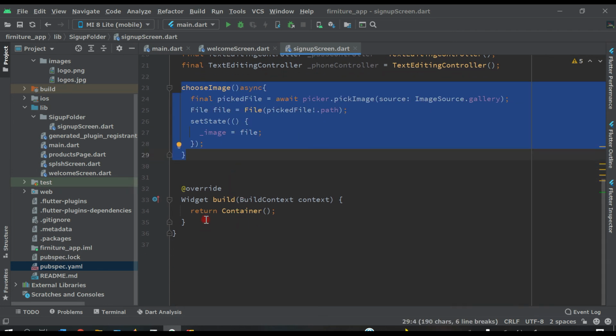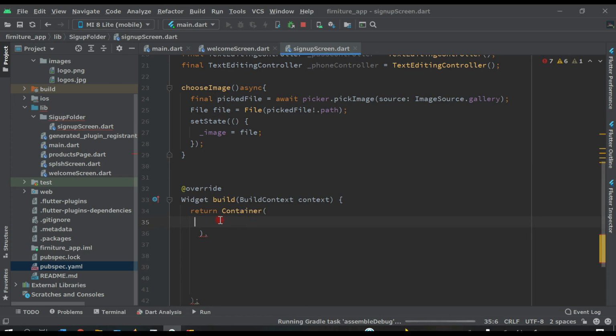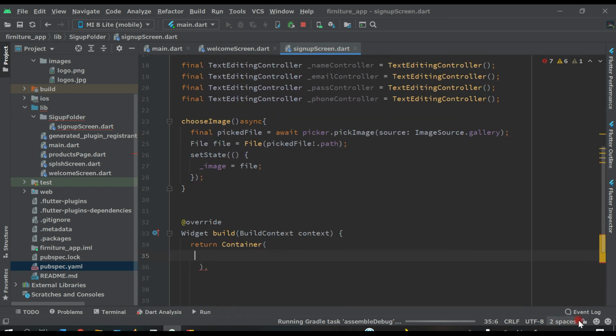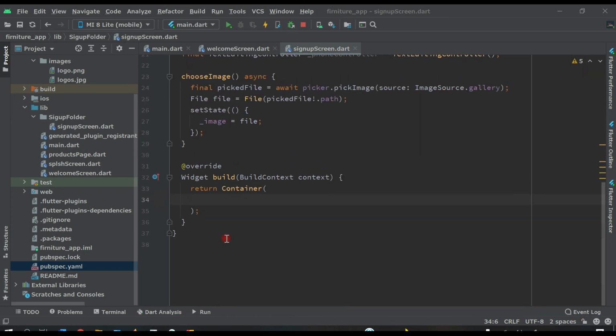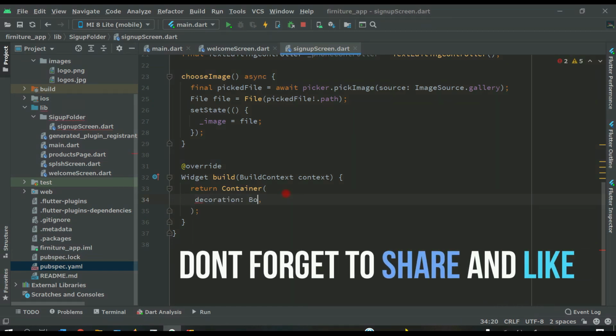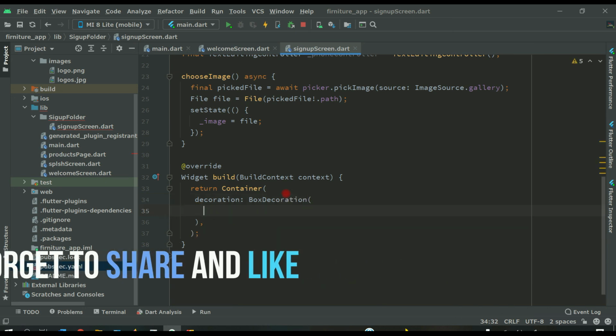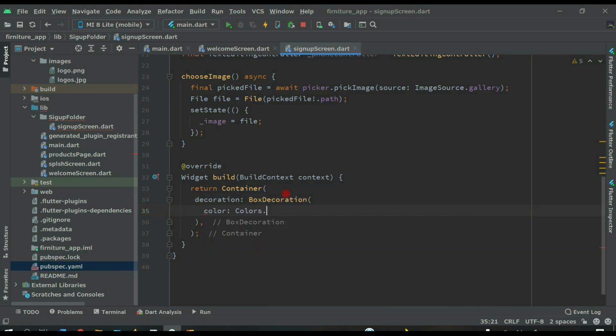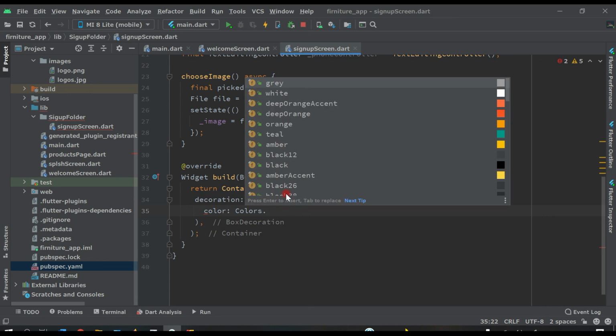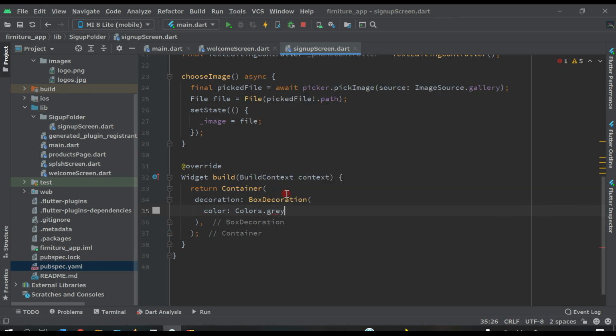So now let's design our registration page here. Let's design this here like decoration, BoxDecoration, Colors.grey, and it will be a little dark, 500.